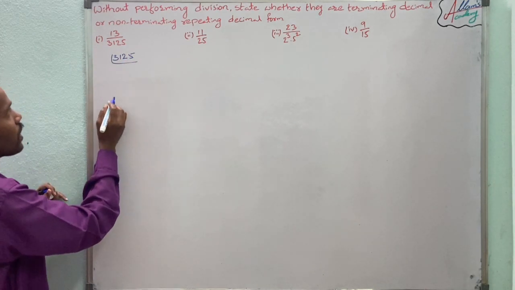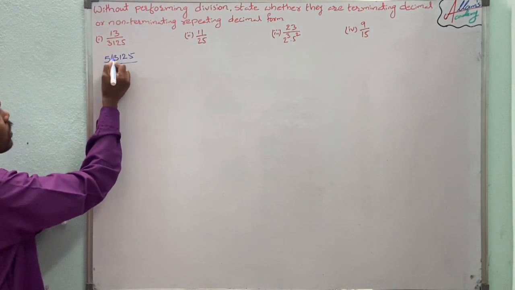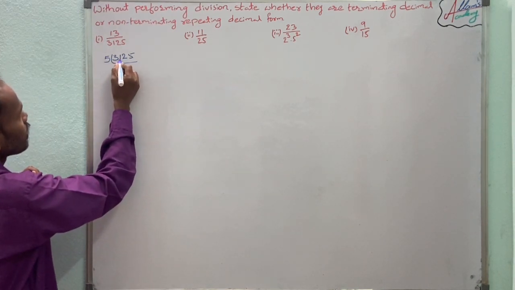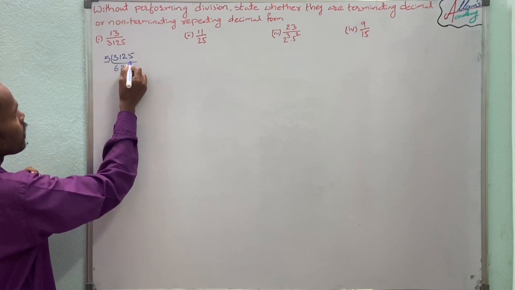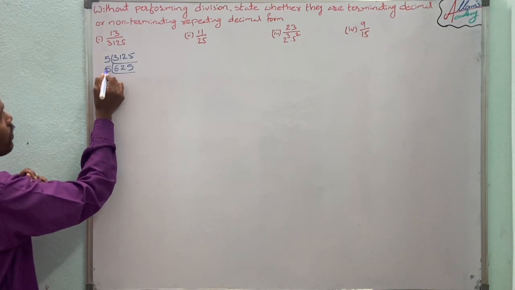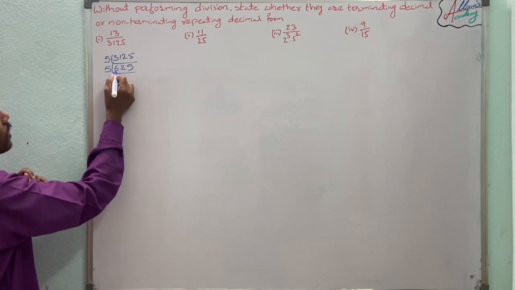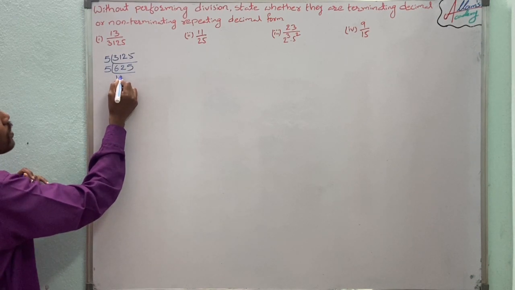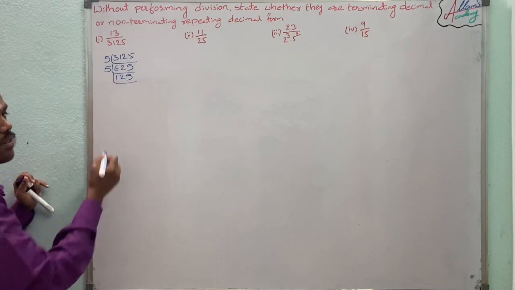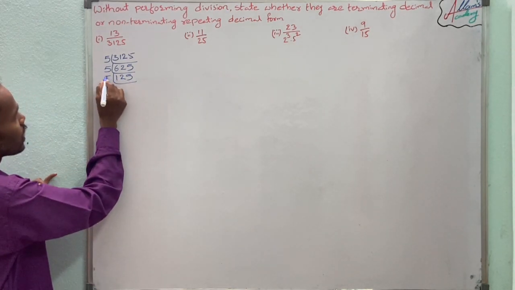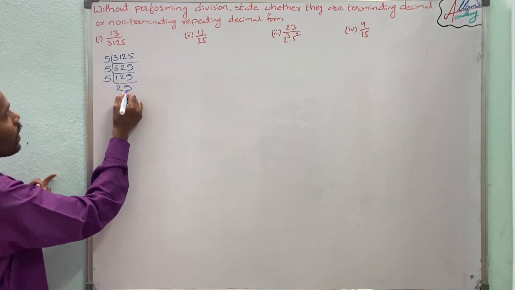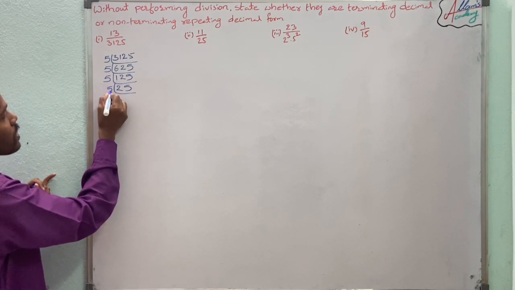The last digit is 5, so it will go in the 5 table. So we do the prime factorization: 5 times 6 is 30, 5 times 2 is 10, so 625 comes. Now it is also in the 5 table: 5 times 12 is 60, 5 times 2 is 10, remainder 25, 5 times 5. Next again 5, so it goes in the 5 table: 5 times 5 is 25. Now 25 means 5 times 5.